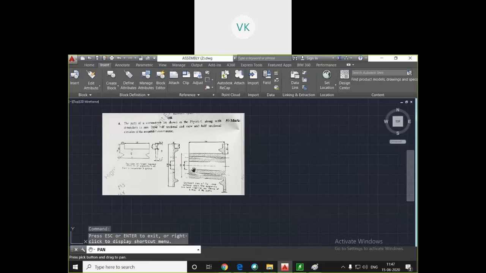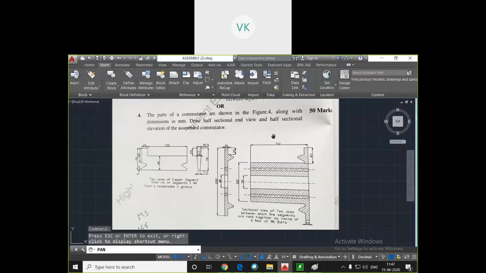Let's just have a look at this problem. You're supposed to draw the parts of a commutator as shown in figure 4 along with the dimensions in mm. Draw a half section end view and half section elevation of an assembled commutator. If you look at this problem, it is a V groove. You can see here it is written V groove also. V type of groove, which is a copper, which will be placed on the armature commutator slot